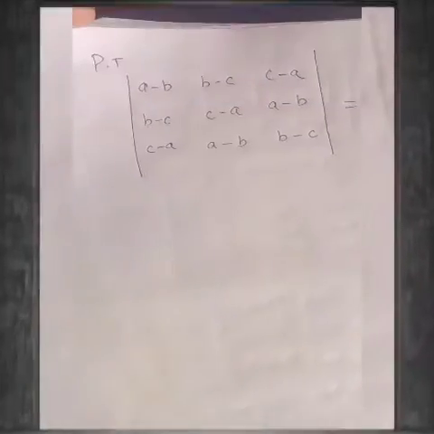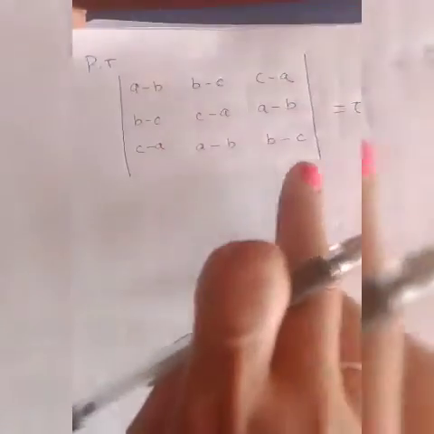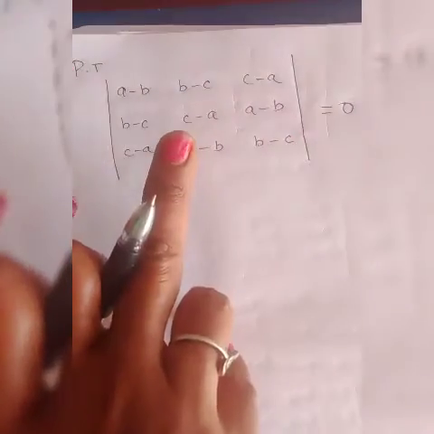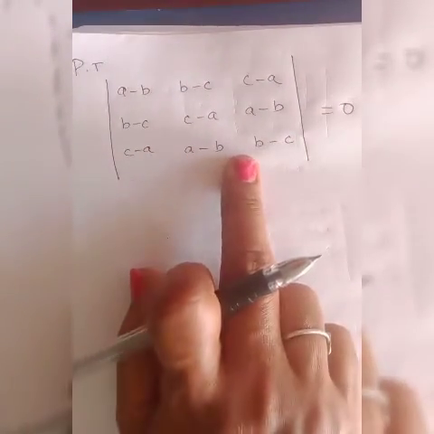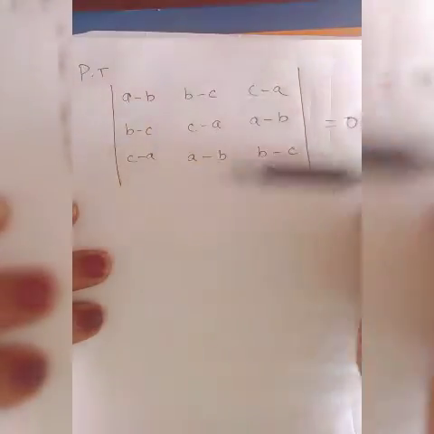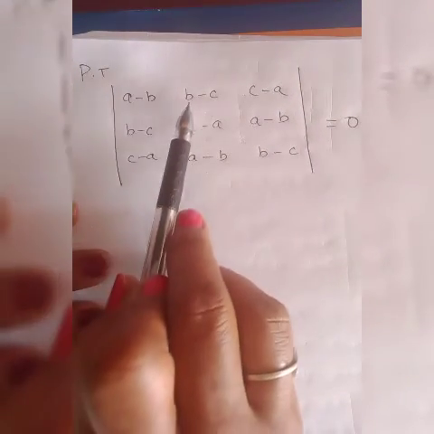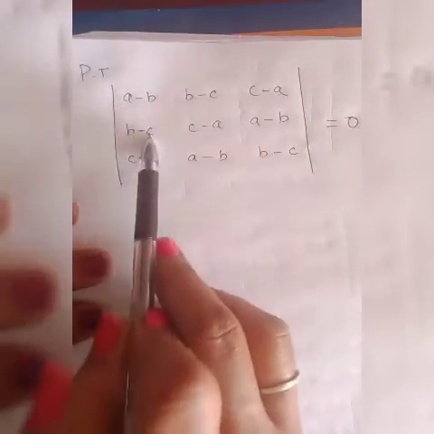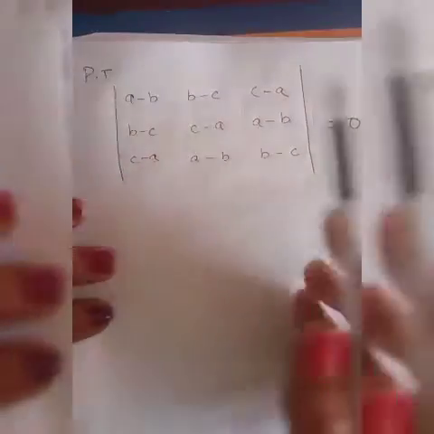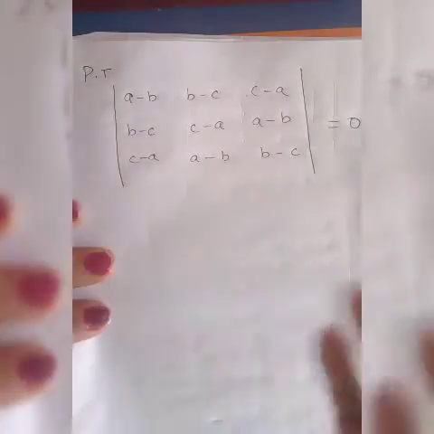Now I am going to prove that this determinant value is equal to 0. Again I am using the properties of the determinant, not the usual expansion. Now look at the elements row wise and column wise. We have a minus b, b minus c, c minus a; minus b minus c minus a here; plus b plus c plus a here; minus c minus a minus b. So what we can do is, using a column operation or row operation, we can eliminate the values.